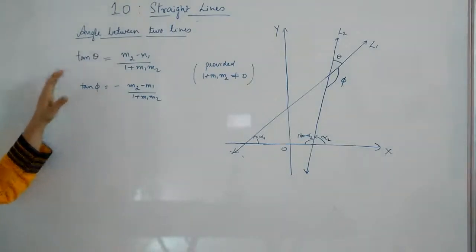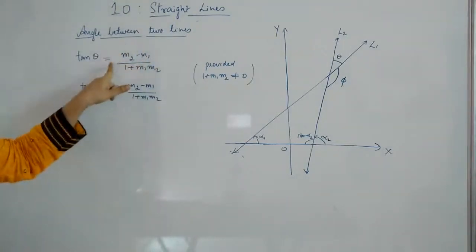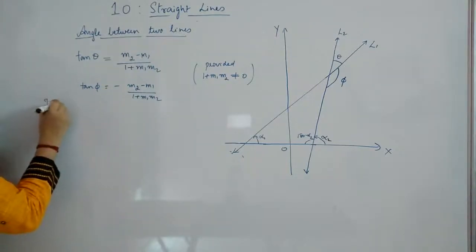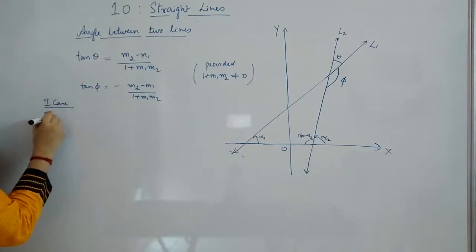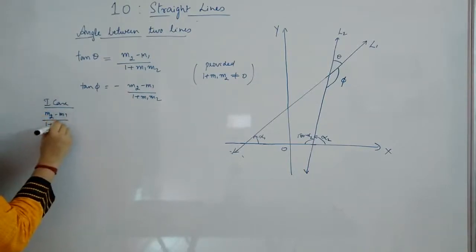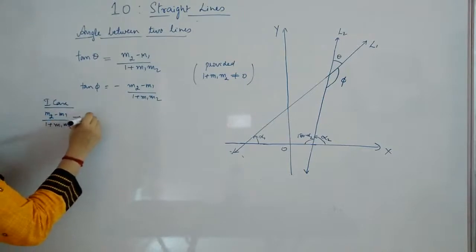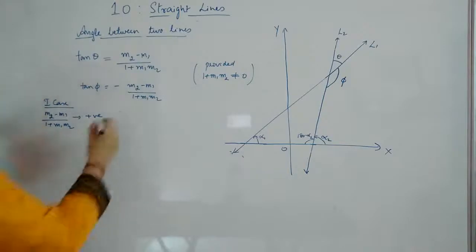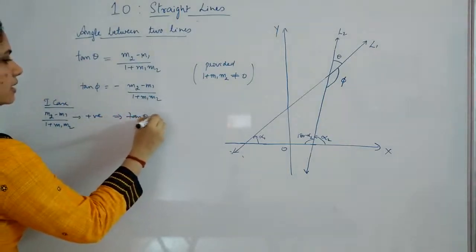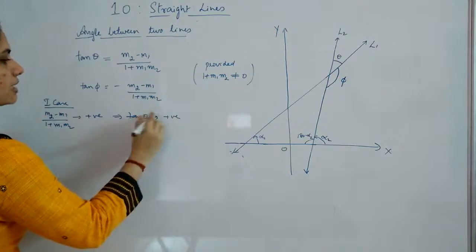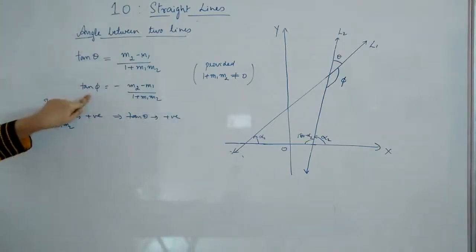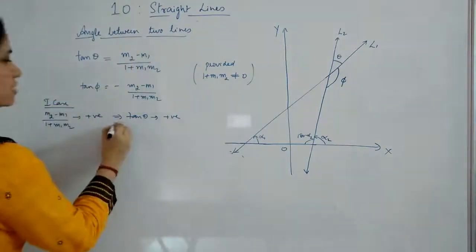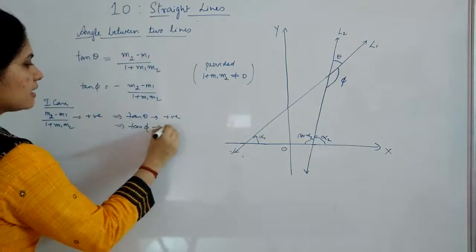So now you can see that you have two cases. Either this thing is positive or it is negative. Okay. So we are just breaking it into two cases. First case is if (m2 minus m1) by (1 plus m1 m2) is positive. If this is positive, you can say that tan theta is positive, right? This implies that tan theta will be positive. Now tan theta is positive means what? Tan phi will be negative, because this is a positive quantity, its negative is your tan phi. So this will imply that tan phi is negative.